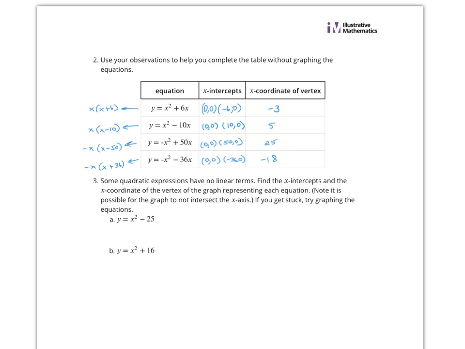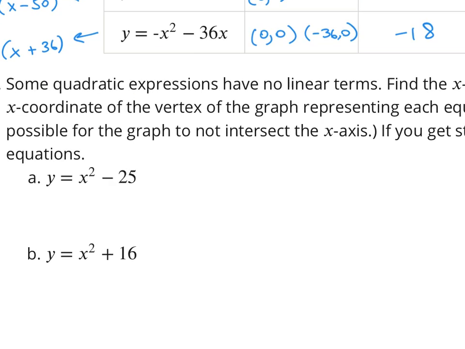One thing I do want to point out is that sometimes it is possible for the graphs to not intersect the x-axis. So if you got stuck, hopefully you went ahead and used decimals to graph it. For A, in this case, the x-intercepts are going to be (-5, 0) and (5, 0). And that makes the x-coordinate of the vertex